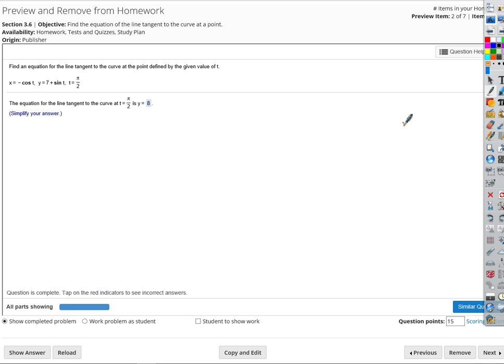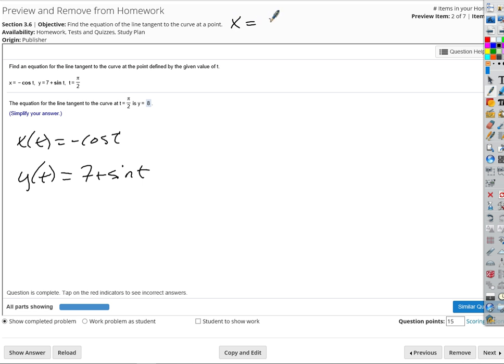So we have x of t, right? We know that x of t equals negative cosine t. Y as a function of t is 7 plus sine t. And if we want to find the equation of the tangent to the curve, we're really just finding y prime, right, to find the slope. We need a slope of the line and we need a point. When t equals pi halves,